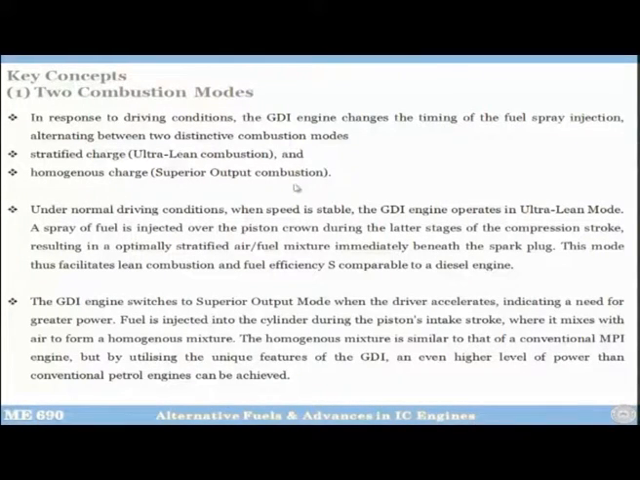The second combustion mode is homogeneous charge mode. Here the injection is done towards the intake stroke. Under normal driving condition, when the speed is stable, the GDI engine operates in ultra lean mode. For example, you are going at 80-90 kilometers an hour. At that time, you are only using a small part of the power that can be produced by the engine, so the engine will be operating in